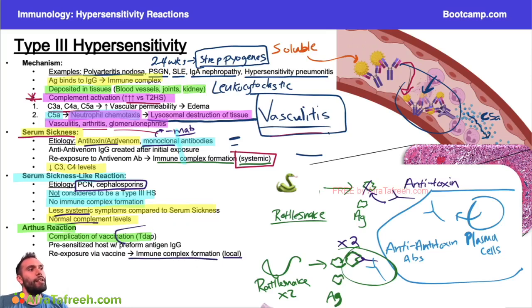And what happens is, initially, again, just like with the antitoxin, the first time you give the vaccine, the body might make some antibodies to it. And with Tdap, right, or DTaP, starting in the younger population, over time you're constantly exposed to that vaccine because you need a lot of boosters, right? And so over time, you make antibodies to those Tdap antigens. And so eventually, as you get the vaccine, you get this kind of local reaction. You might get local swelling. You might have a little bit of complement activation in that one area, a little bit of inflammation in that one area, but overall, significantly less severe than what we're talking about with something like serum sickness. And again, this is going to be very classic as a complication of a vaccine that requires a lot of boosters. Tdap tends to be the classic